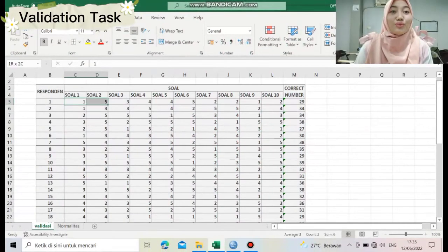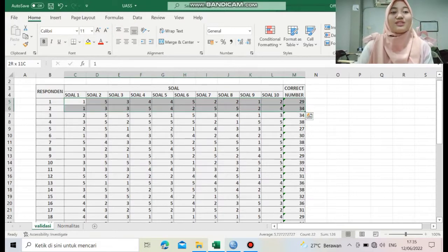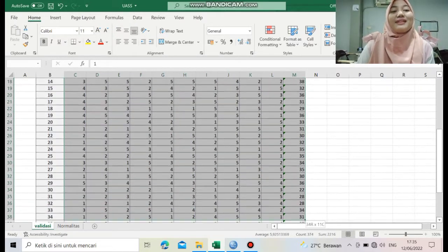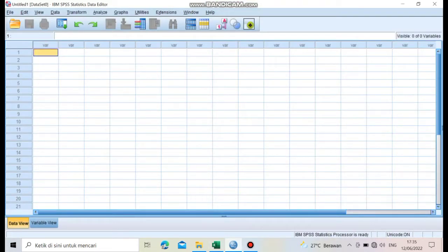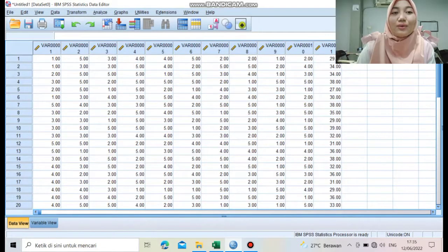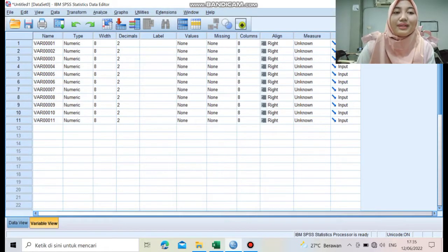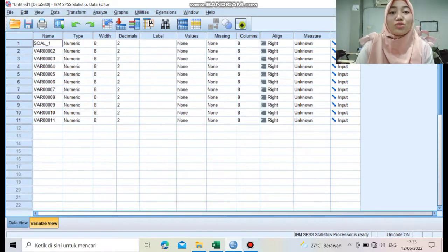The first thing to do when testing validation is to make sure the data you create is correct, and then we copy everything from here to the bottom. Then we paste it in the data variable. Then we click on the variable view and change the names to soal_1, soal_2, until soal_10.